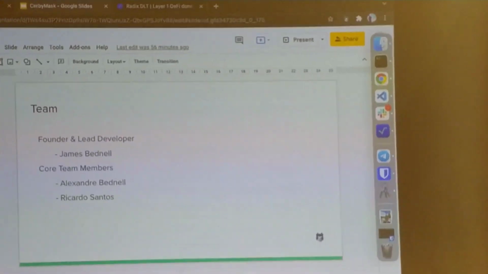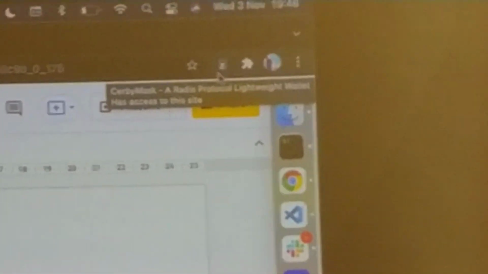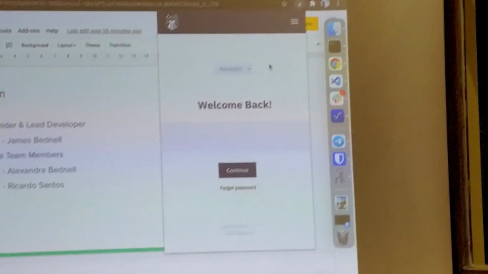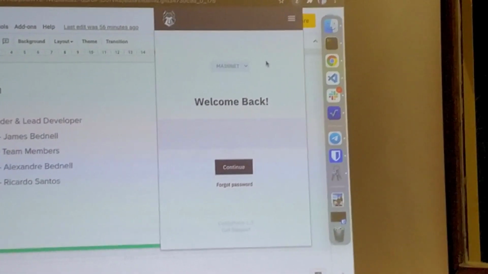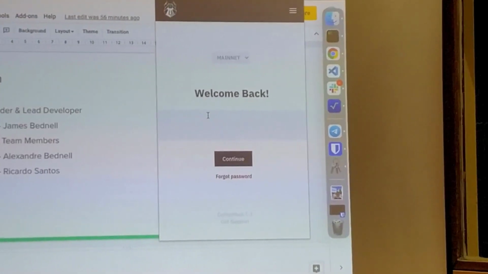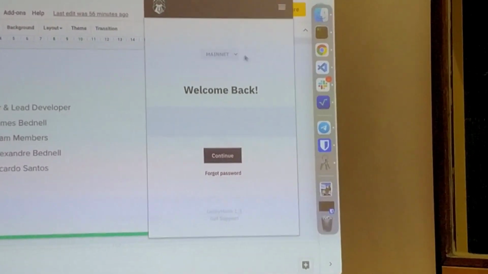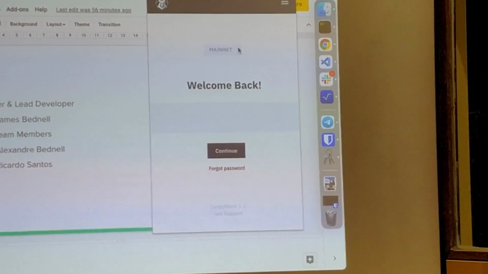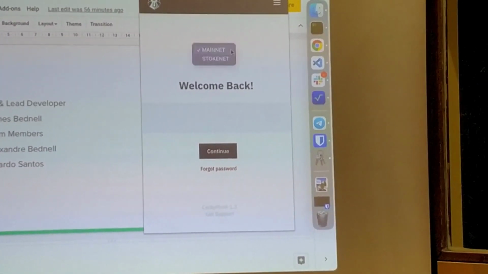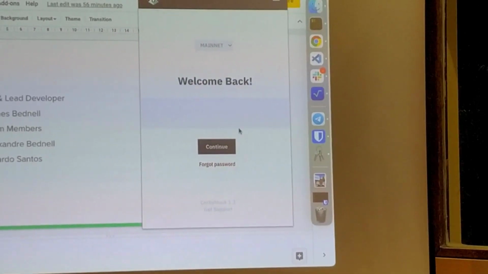So, we have a couple of things to start with. You can see on the top right corner, we've got a small icon here on the top. So this is our cerbyMask utility. And as you can see, all you need to do is just click and you straight away have an interface here that you can interact with the wallet. So with this wallet, you're able to choose, as we speak, two networks, so mainnet and StokeNet. This is targeting Olympian, to not forget that. We are right now using mainnet or StokeNet, and this has a full wallet